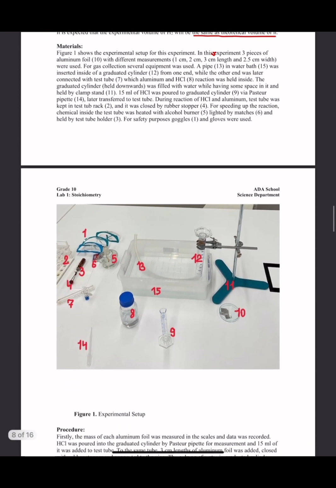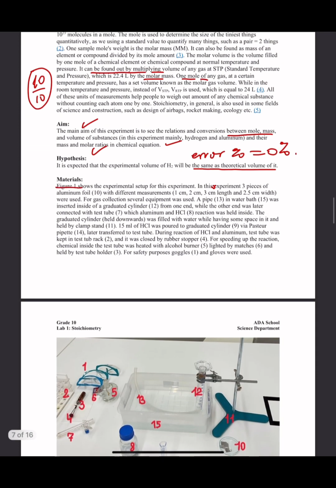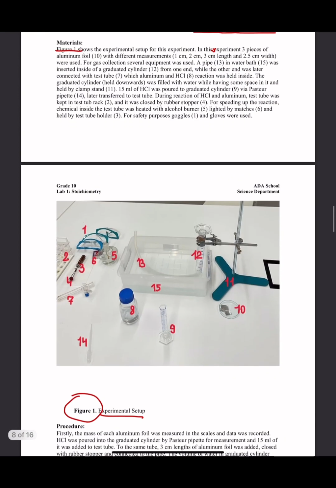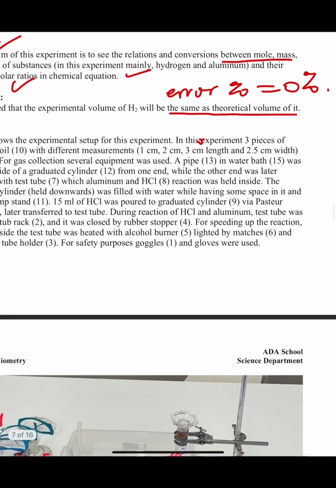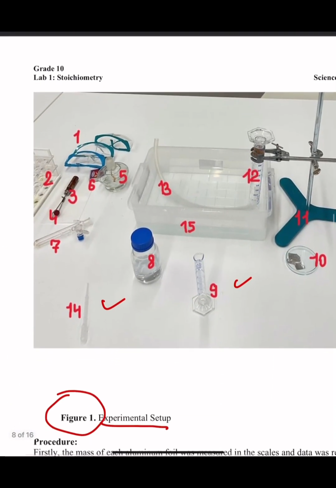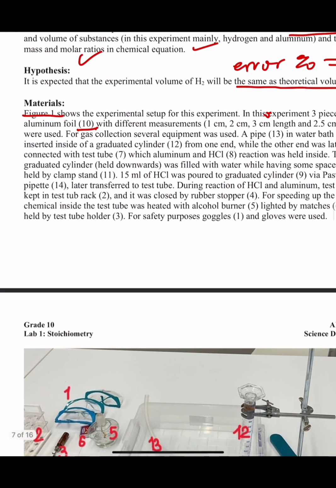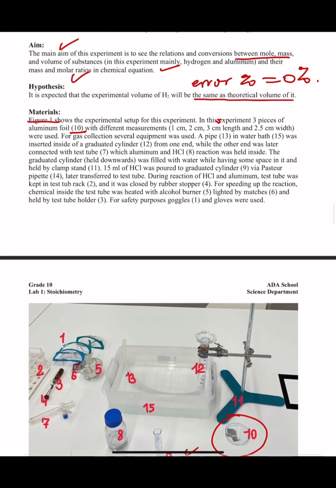And for the material section, as you see, they give figure 1. They even gave the title for the figure. It just shows that figure 1 shows the experimental setup, so they even introduced the figure. They numbered everything, which is beautifully written, and they even showed here what is what. For example, they put aluminum foil. As soon as you come back here, you check out number 10. Yes, it is aluminum foil. So everything kind of matches in here.